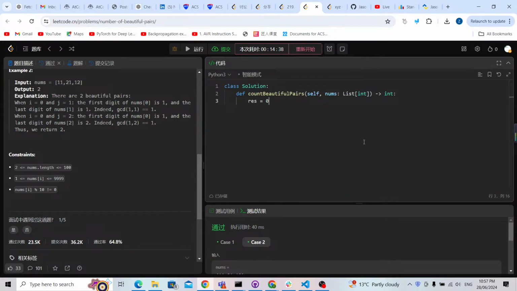I'm going to prepare a result equal to 0. This is going to be my final result: how many pairs do I have? And then I'm going to prepare a counter array. It's going to be 0 times 10, because I just need to have numbers from 1 to 9, so I'm going to use the index to represent my numbers. Now I want to check the nums. So for x in nums, and for y, c in enumerate